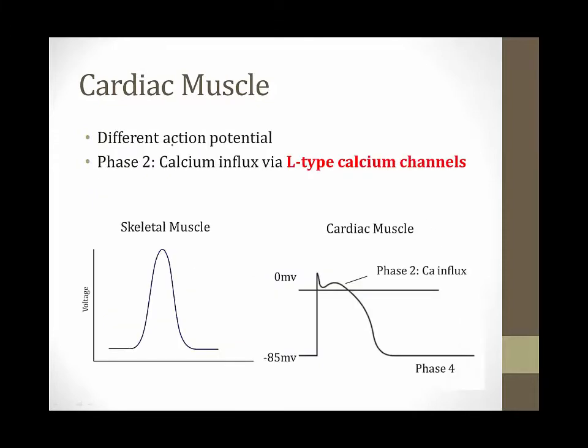Cardiac muscle also has a different action potential. In the video on skeletal muscle, I talk about the skeletal muscle action potential, which looks like this shape on the bottom left side of the screen here. In cardiac muscle, there is a phase 2 not present in skeletal muscle. Phase 2 is caused by calcium influx into cardiac muscle cells via L-type calcium channels. This is phase 2 shown here. It's this plateau portion of the action potential that is unique to cardiac muscle, caused by calcium influx through calcium